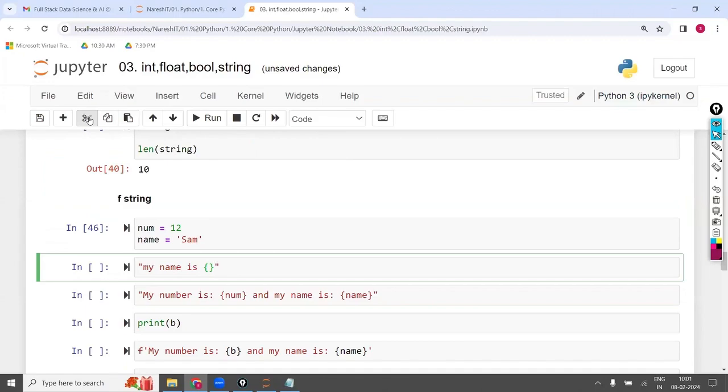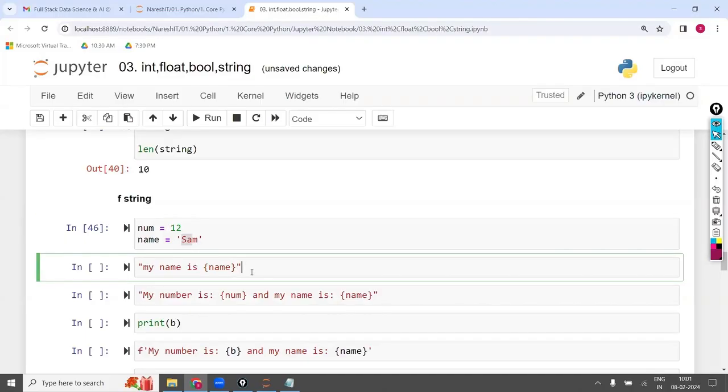Then I'm going to give the curly brackets, and inside the curly brackets I'm going to write name. What is meant by name? It is going to take the name in this position.